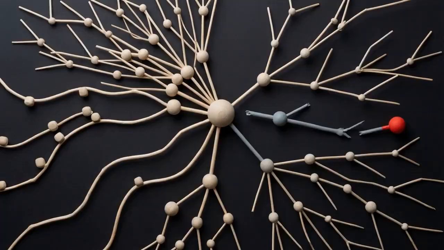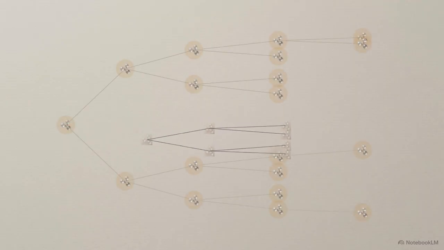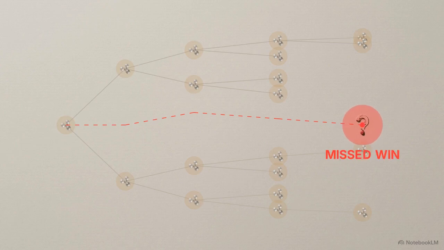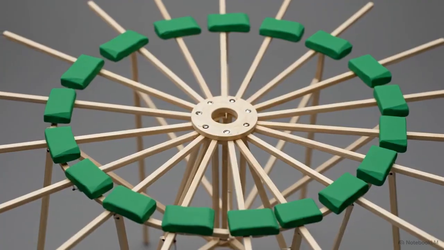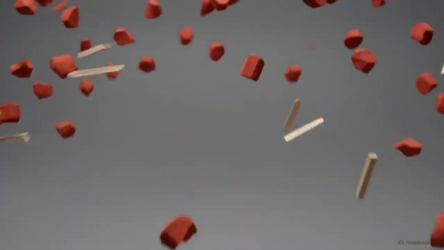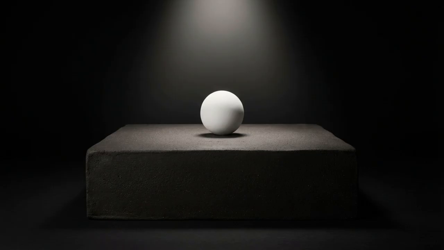But relying on selective sampling creates a specific vulnerability. Because the algorithm actively prunes away branches that look unpromising early on, it can suffer from trap states, a blindness to highly subtle, long-term lines of play that masquerade as bad moves. This algorithmic blind spot is exactly what Lee Sedol exploited to secure his single victory in Game 4. His human intuition allowed him to execute a sequence so deeply hidden from the machine's selective radar that the AI's evaluations completely collapsed.